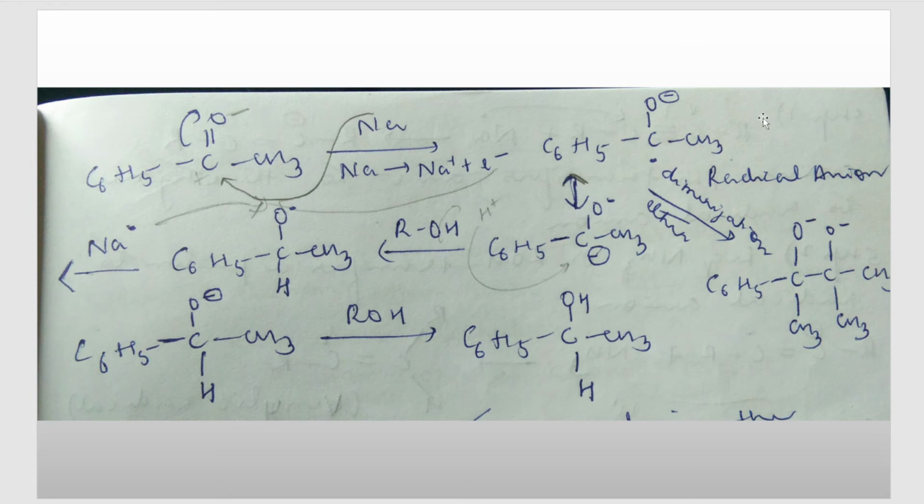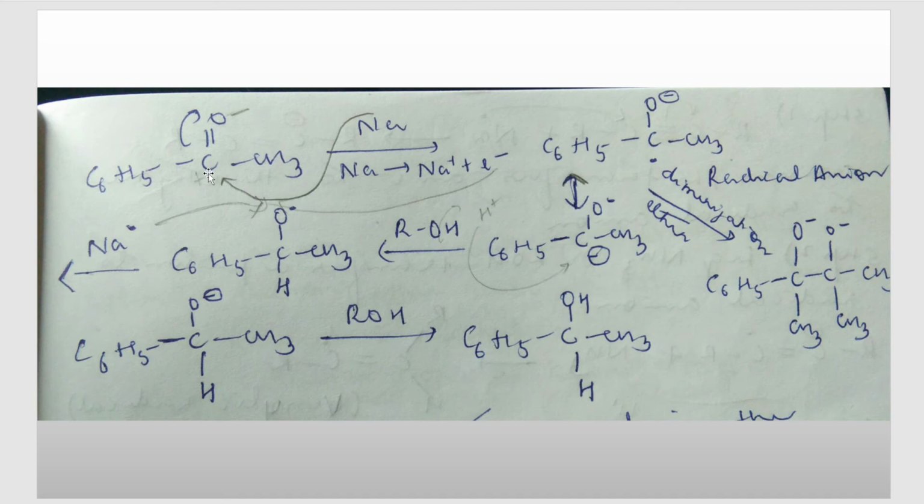What does a plus sign on any species indicate? It does not have both the electrons. H plus means it does not have even one electron for bond formation. It is completely electron deficient. So now here you see what happens. First we are taking this ketonic compound. You can see a carbonyl group is there. As always, the first step will be that the pi bond shifts onto oxygen, giving a minus charge on oxygen, and a plus charge is accumulated on carbon.